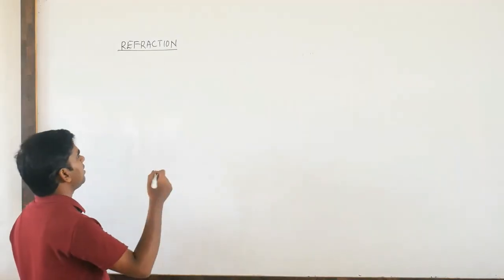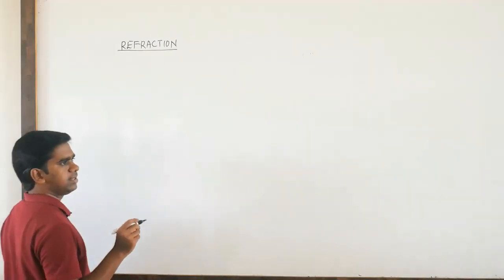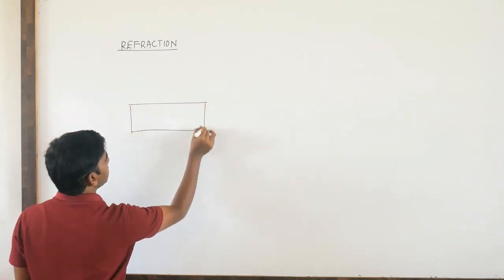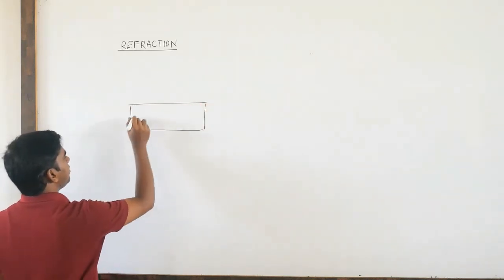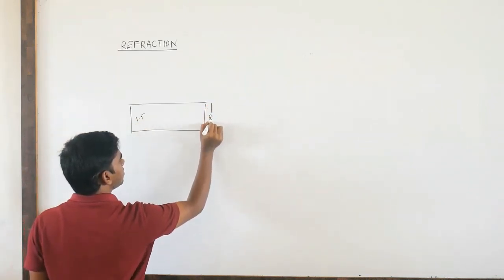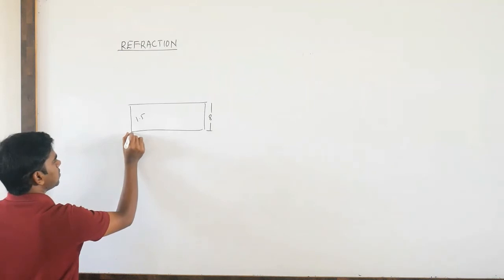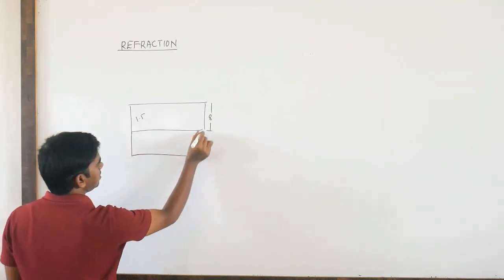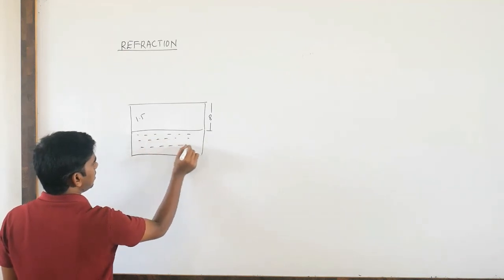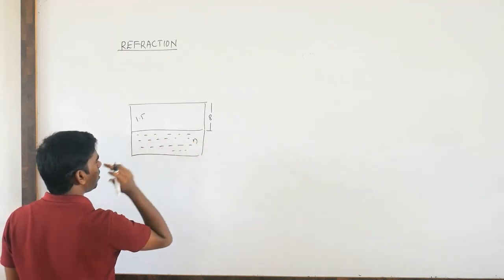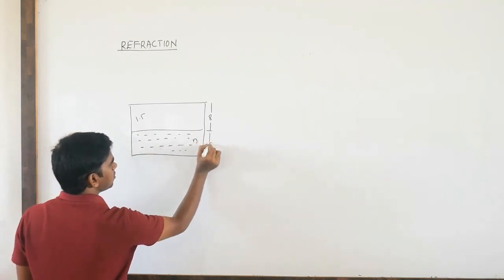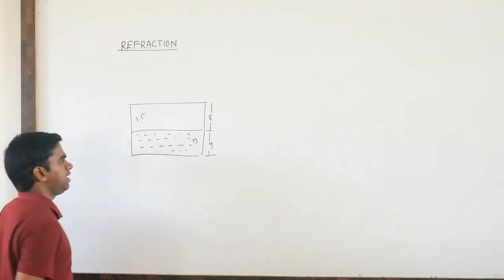So we'll take an example on the optical path length when there are two media. Say this is the first medium, its refractive index is 1.5, meaning glass, and its thickness is say 8 centimeter. Here another medium is there, say it is a liquid. They may ask what is the refractive index of this liquid, or what kind of liquid it is. It has thickness 9.